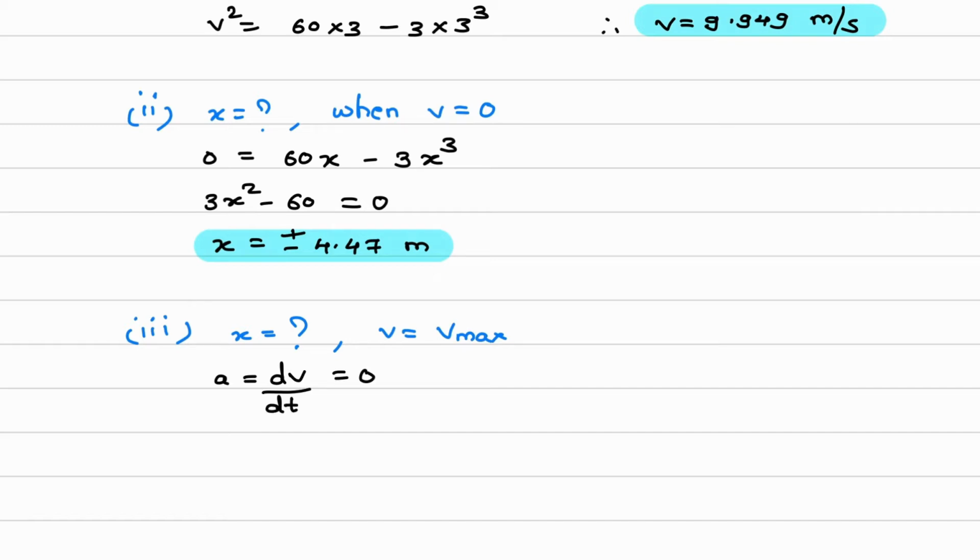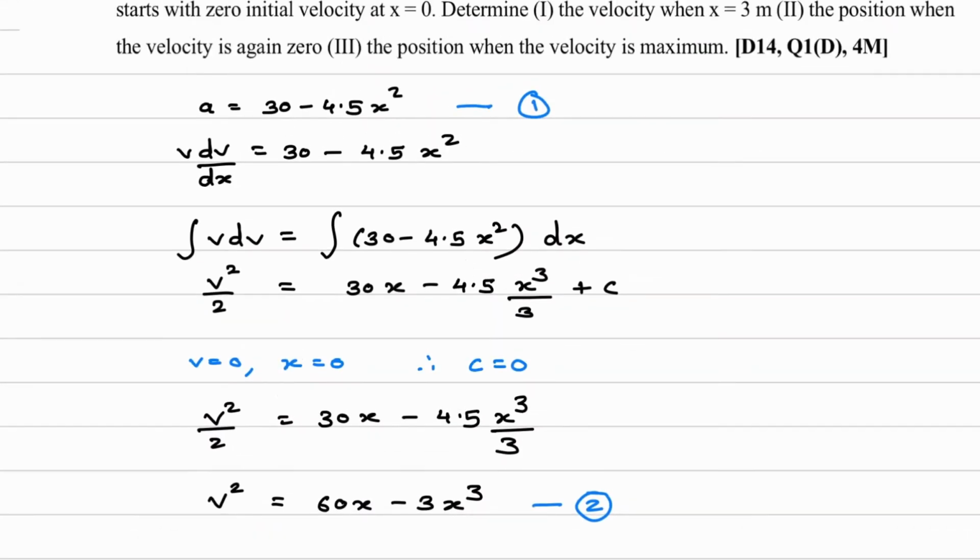So just substitute the value in equation 1. What is equation 1? It is related to acceleration. The acceleration equation is there. In this, the acceleration is dv by dt, so that acceleration is 0. So from here you will get the value of x.